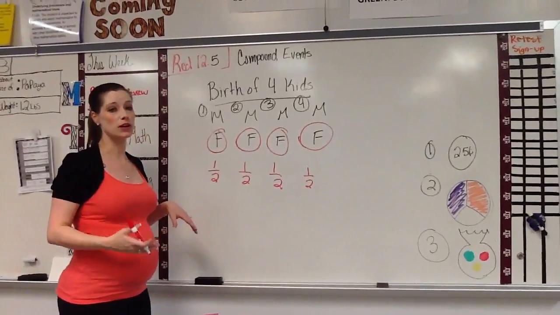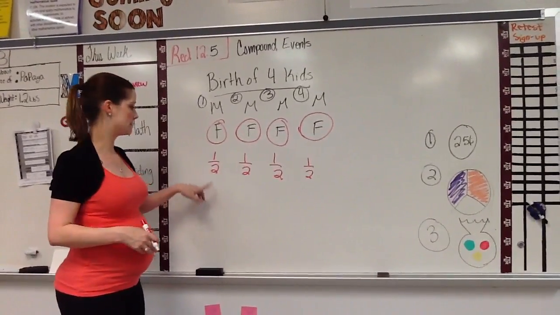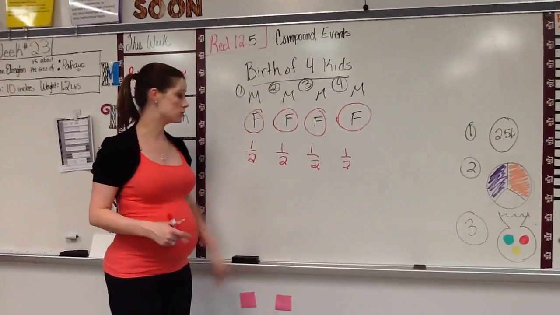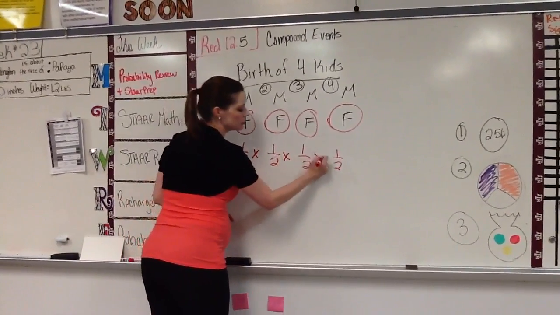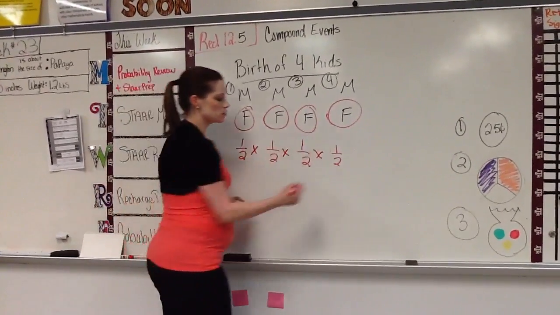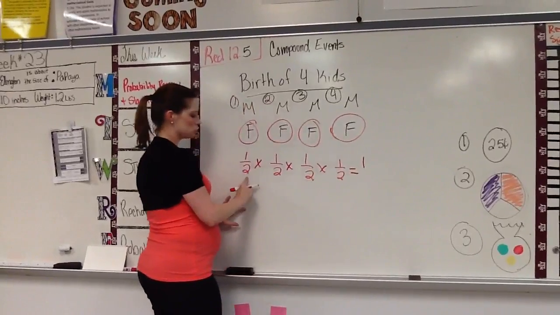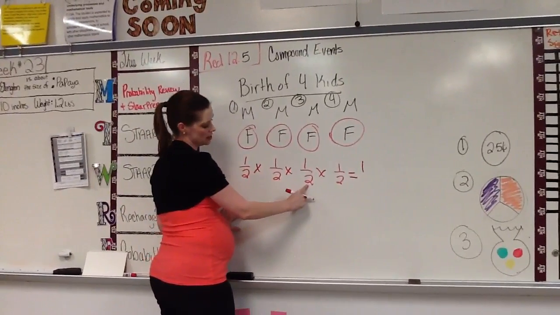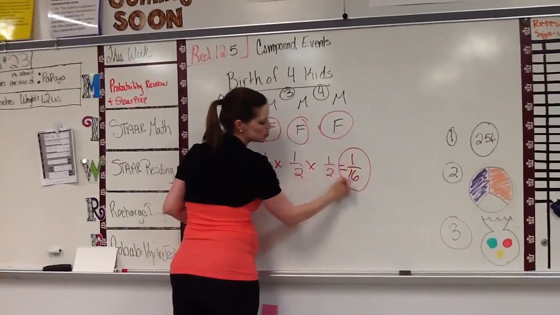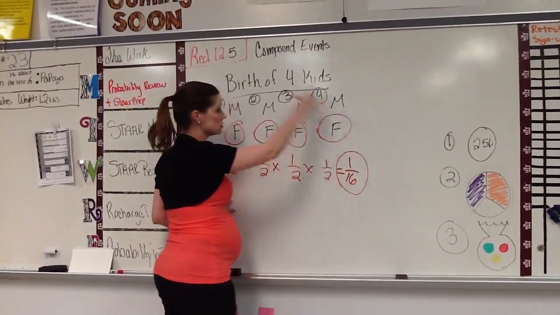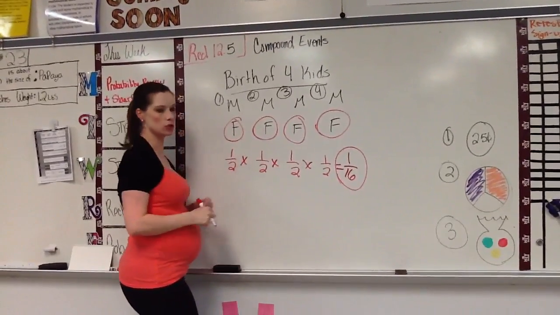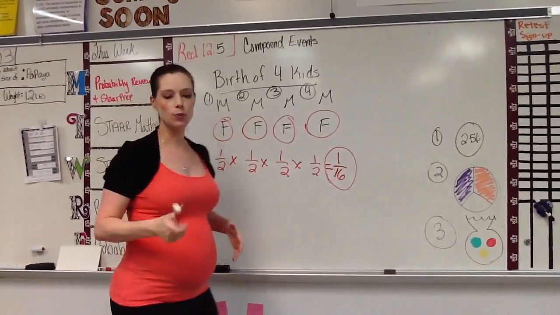So that's one reason why it's really good to write them all out, and we're going to do that here in a minute. But if I just want to know the probability of a family having 4 kids and them all being girls, you would simply multiply their individual probabilities together. 1 times 1 times 1 times 1, 1. 2 times 2 is 4, times 2 is 8, times 2 is 16. So that means there are 16 possible combinations of children, and one of them is all girls, which makes sense. There's only one way to get all girls. So if I were to write all these out,